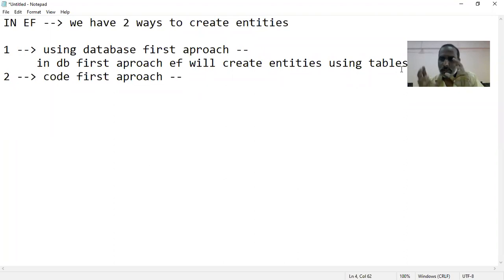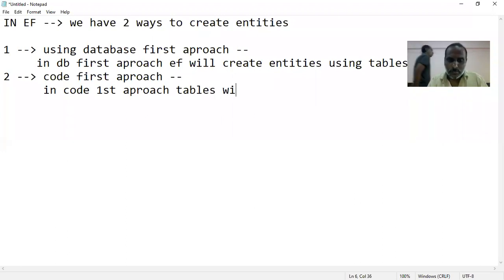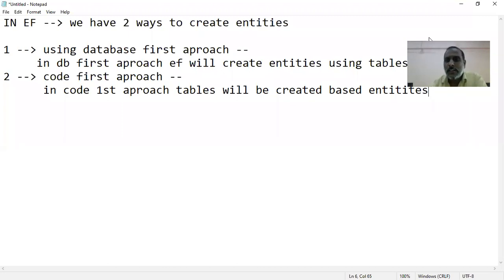Using database tables, entities will be automatically created. Okay. So what is this code first approach? In the code first approach, tell me what will happen. Database tables will be created based on entities. It is the reverse actually. Okay, based on entities. Now let me go ahead with the database first approach.